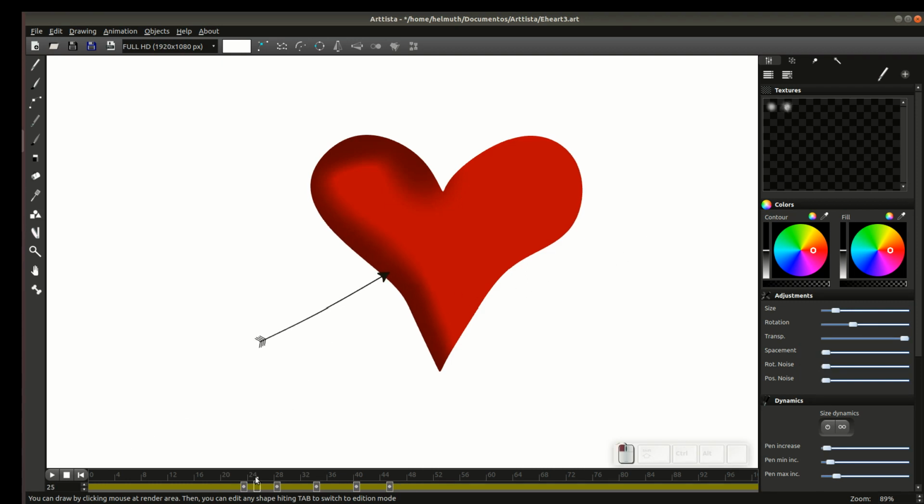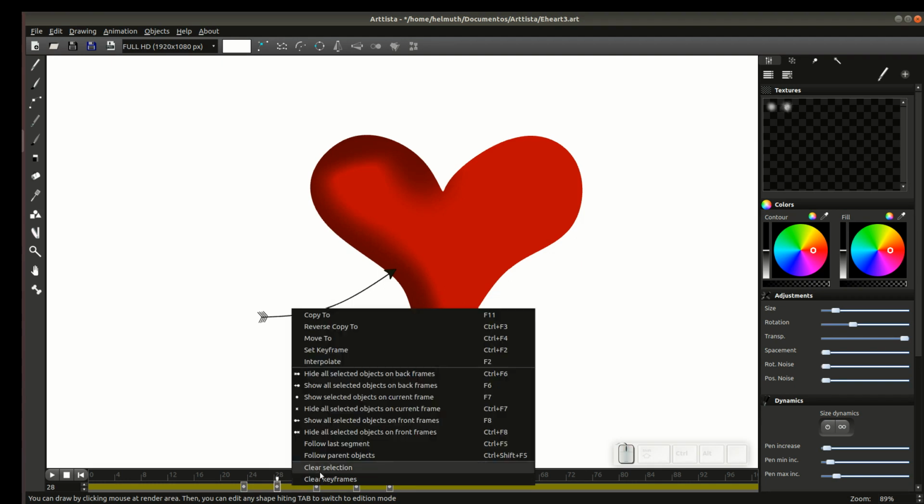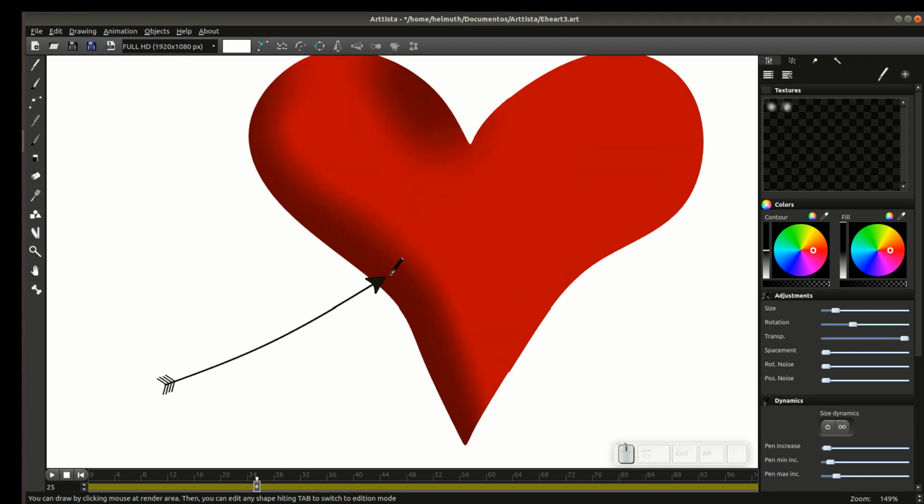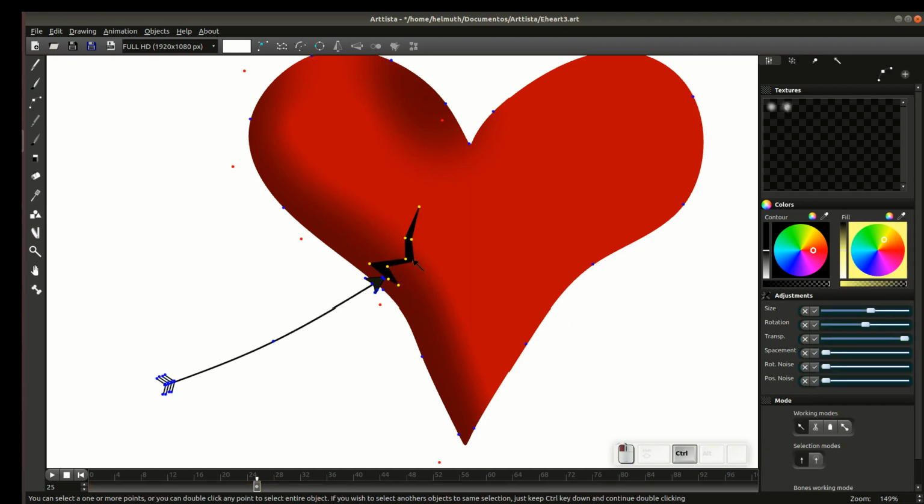Now, in the moment that this arrow hits the heart, we will draw some crash and animate this crash inside the heart. So clear the keyframes. This is the moment where the crash will appear, and see that I mark a keyframe, and let's draw the crash. Something like this. I will put a little bit here,